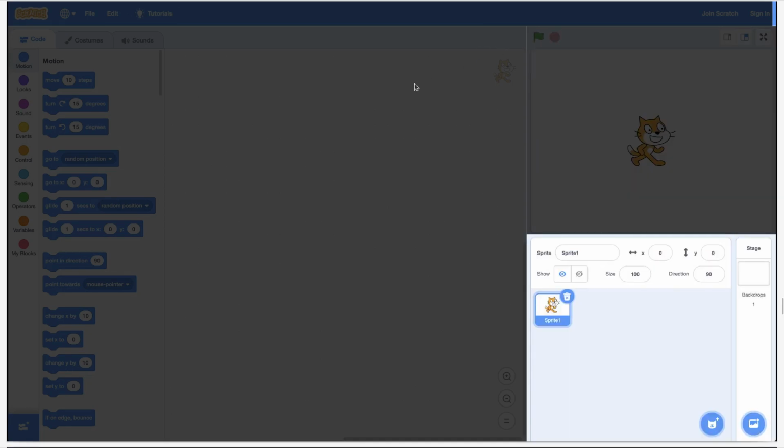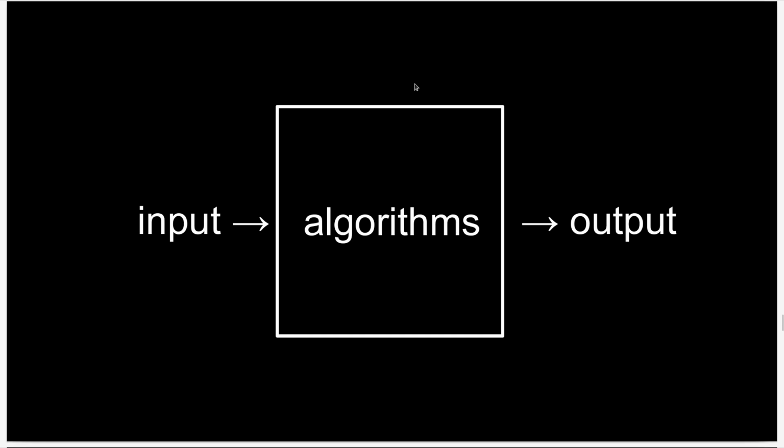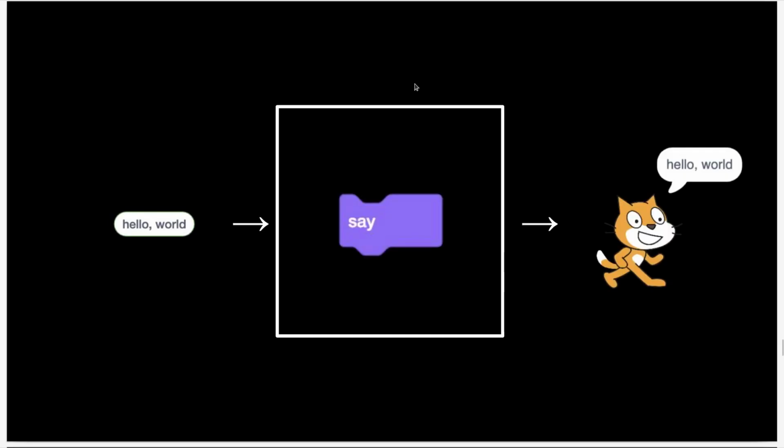And here we can add different characters and different backgrounds to our program. Now, say Hello World. If you break that block down into these three, you can say that Hello World is the input which we want the character to say, and the output is a character saying Hello World.